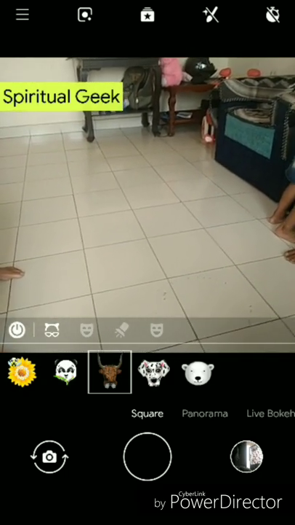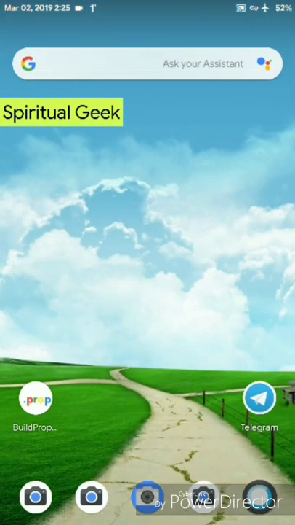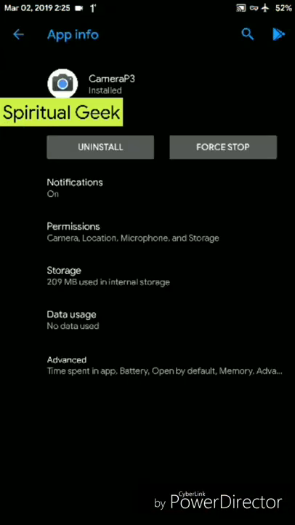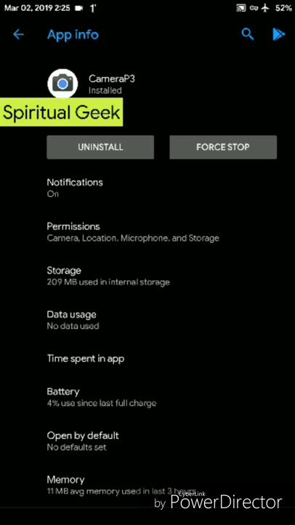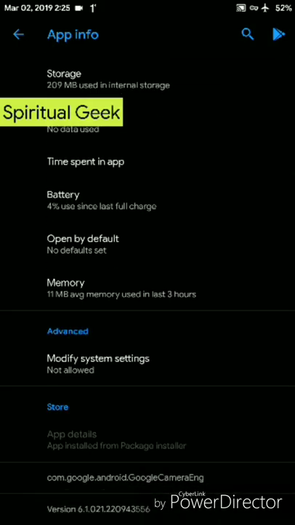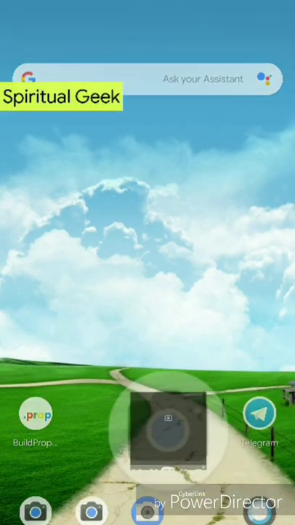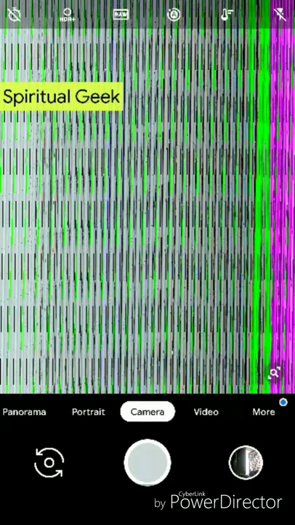After that, let me show you the main one. Okay, this is the default camera. Now this camera is a GCam mod, which is GCam P3. You can see the version is based on 6.1, and it does have these lines. You can't see what you are capturing. Everything works: raw, HDR plus, HDR control, portrait mode works,